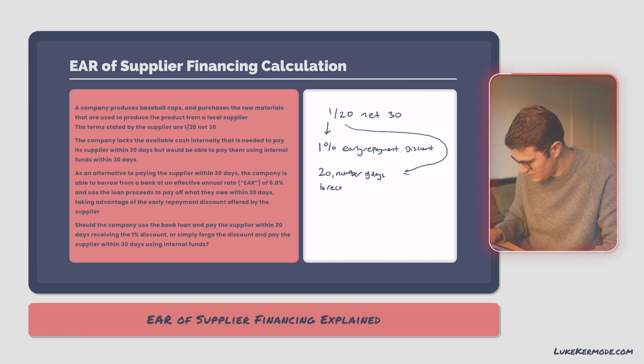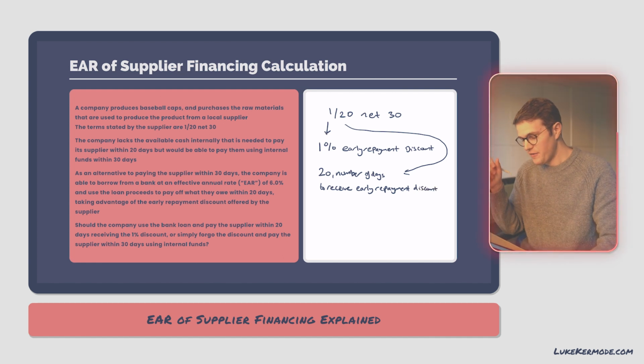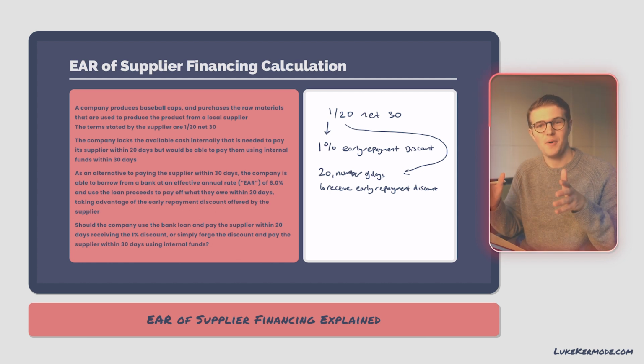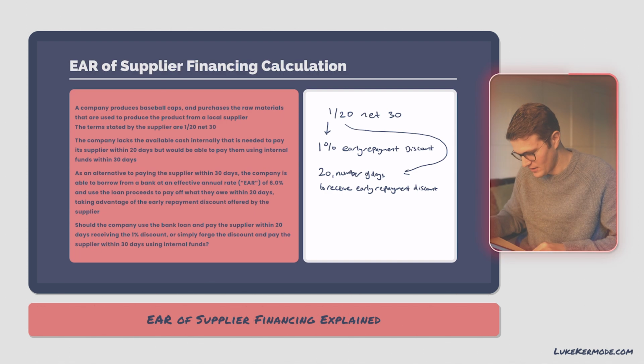to receive the early repayment discount. So if the company pays the supplier within the first 20 days, then they will receive a 1% early repayment discount. And then finally, 30